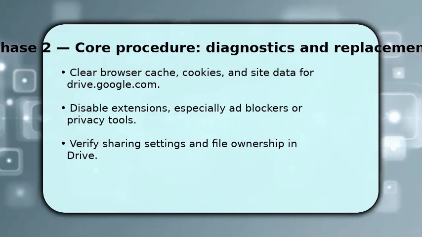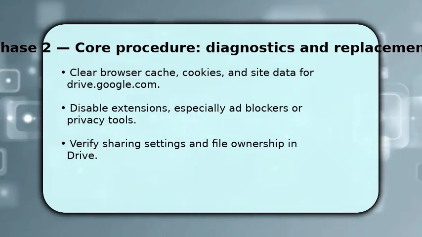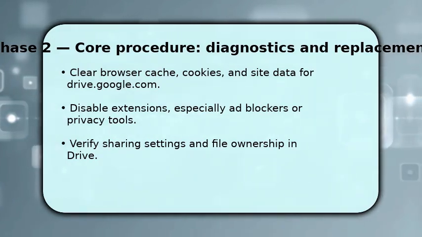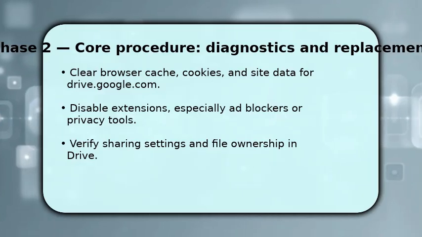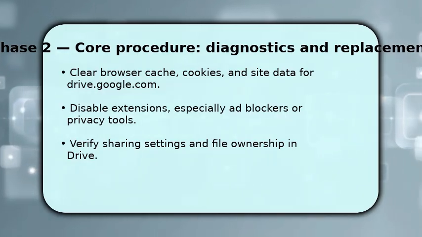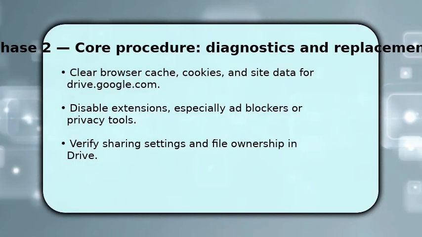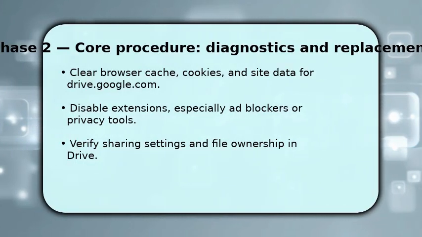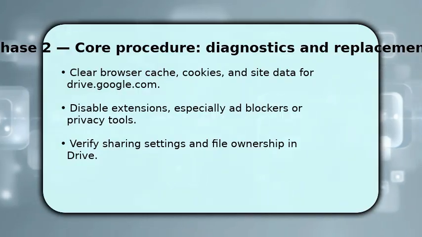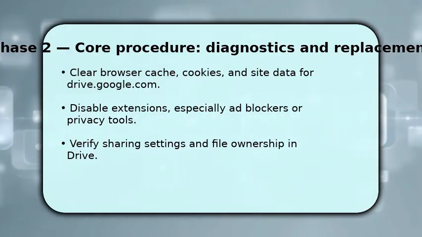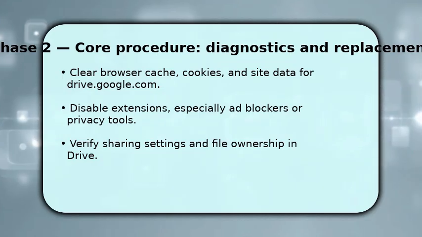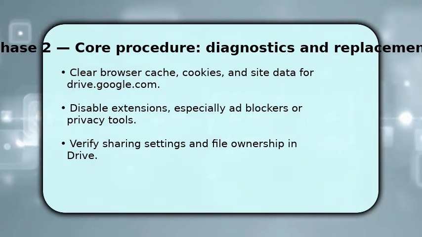Ad blockers and privacy tools often rewrite URLs, which leads to 404 errors. Next, open Drive and check the file's sharing settings and ownership. If you lack permission, request access or have the owner reshare. Doing these steps prevents token, redirect, and permission-based failures, and prepares you for network or admin troubleshooting if the problem